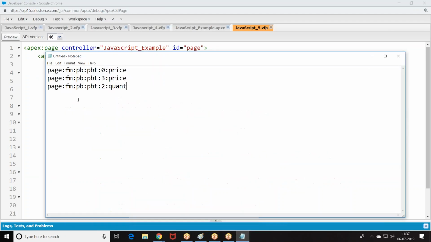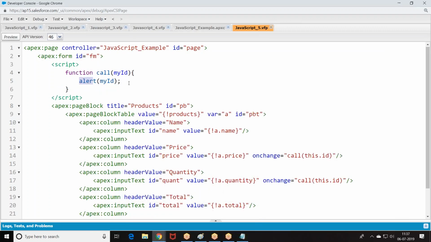If you look at this, how they are separated by colon. So what I'm doing, we gave this.